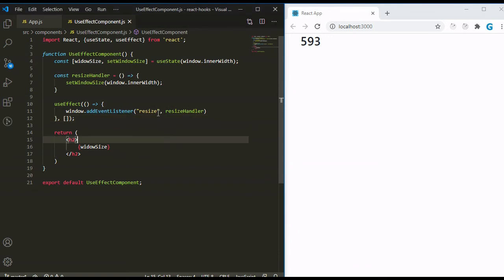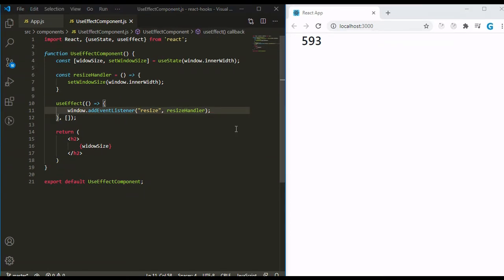So friends, the question comes here: when our component will unmount from the DOM, even after that our event listener persists in the memory. So it could be a performance issue for the application, and these types of events could slow down and crash your application. So for that we have a solution, as we used to do inside the componentWillUnmount method in class components. So let's see how we can achieve the same thing here.